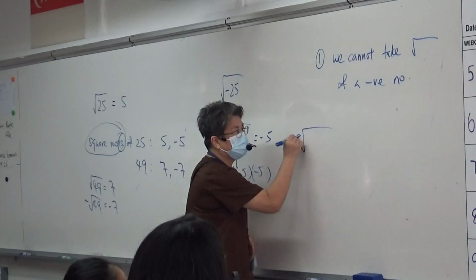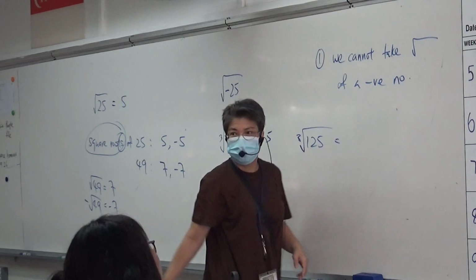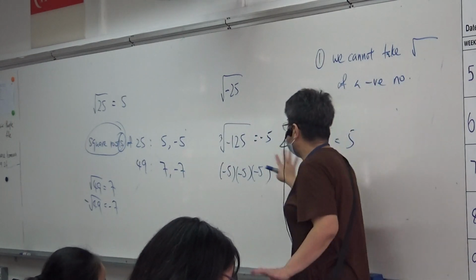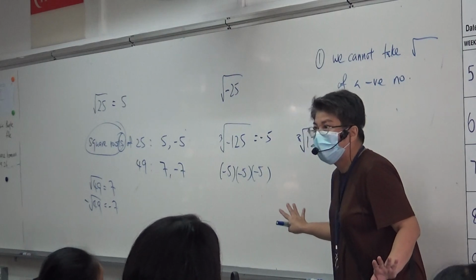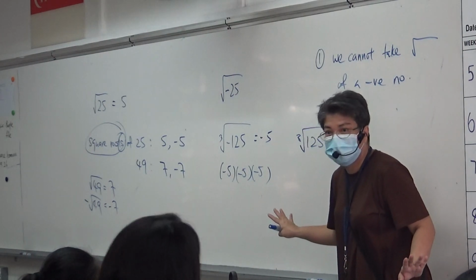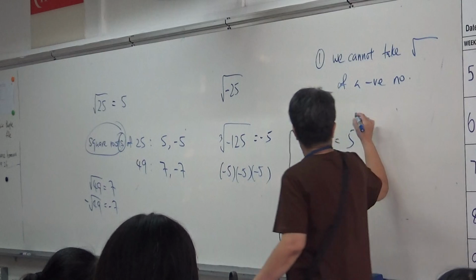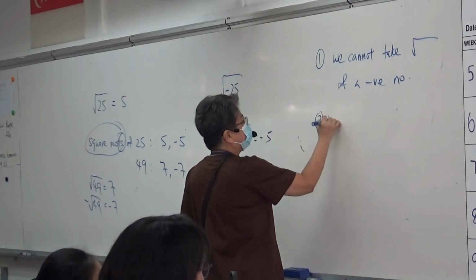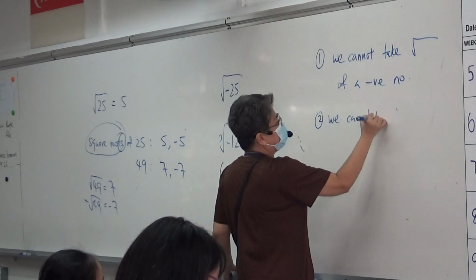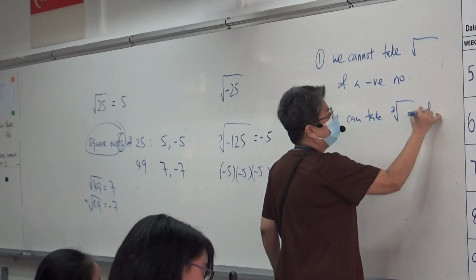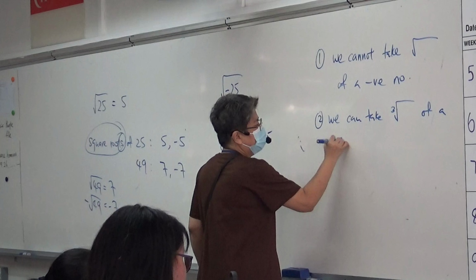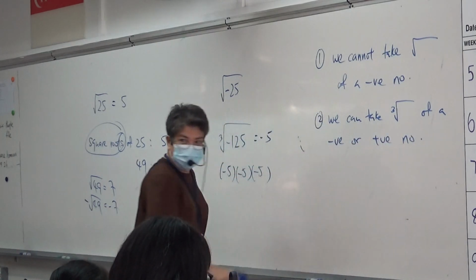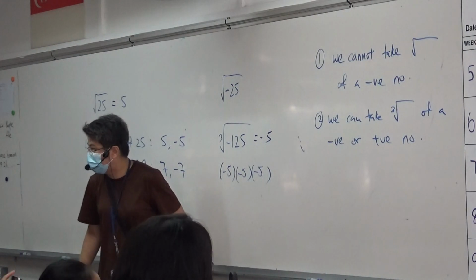What about cube root of 125? 5. Can you see it's a totally different thing? Yes or no, class? Can or not? Then what is point number 2 that I want to tell you? We can take the cube root of a negative or positive number. Am I right to say that? Okay, can you